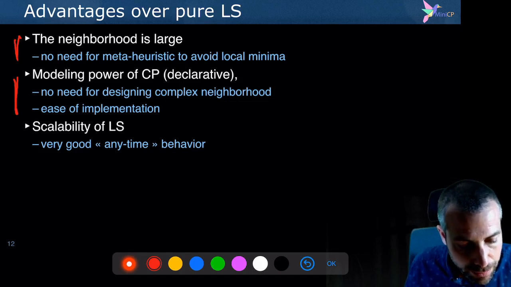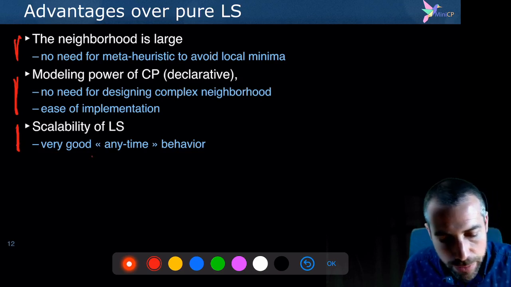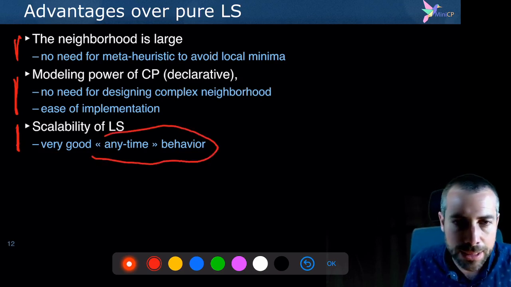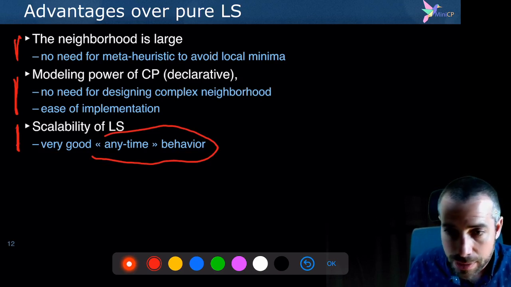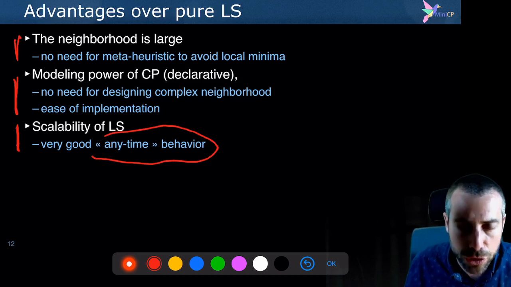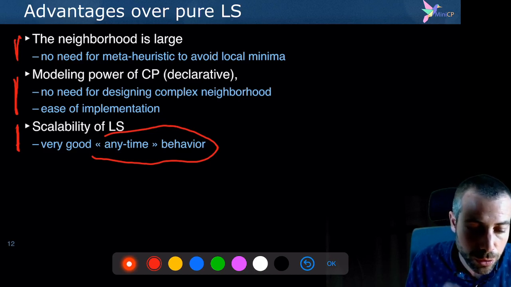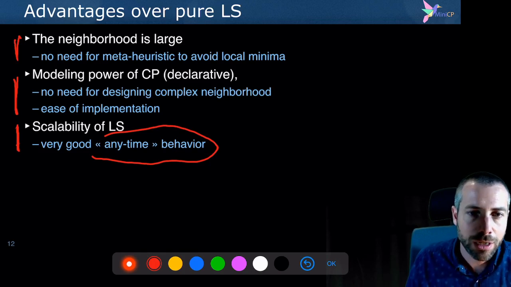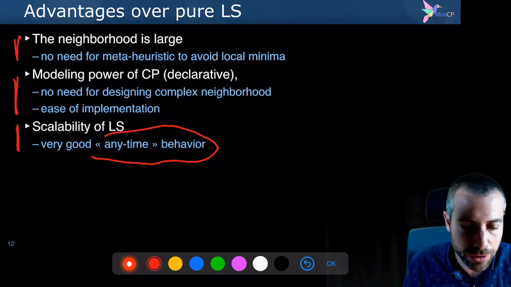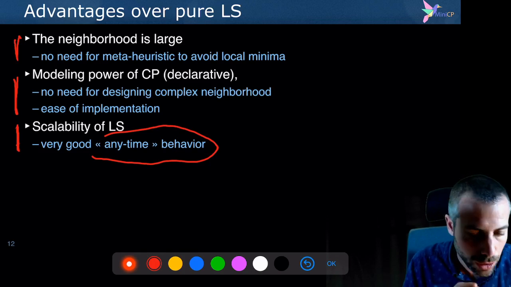And it's also very scalable because it has a good anytime behavior. So what we mean by anytime is that for many problems, you have a very limited budget of time to solve the problem. And so you would like to be able to discover good solutions within this time budget. Okay? And a good anytime behavior means that you have an approach that is able to find reasonably good solutions. You don't need to prove that it's optimal, but you can find reasonably good solutions in a given budget of time. And LNS is one interesting approach when you need a good anytime behavior for your problem.